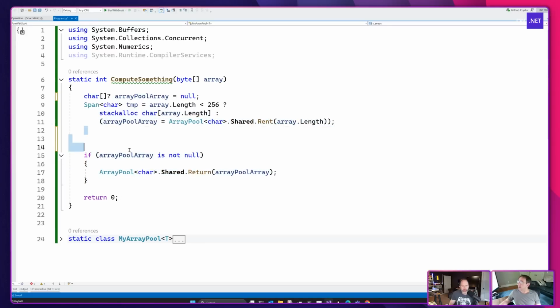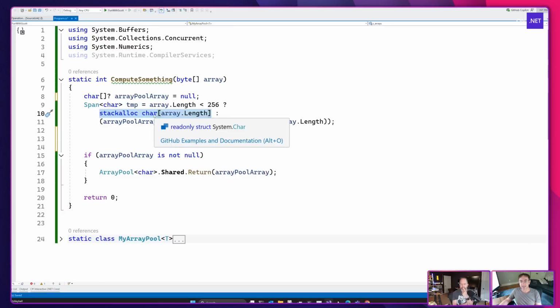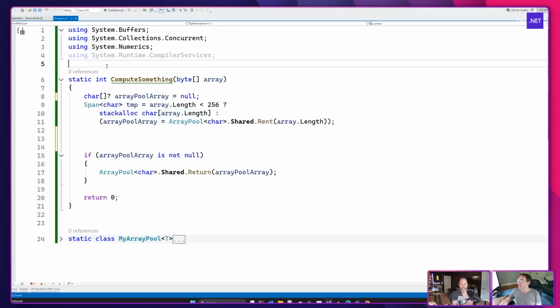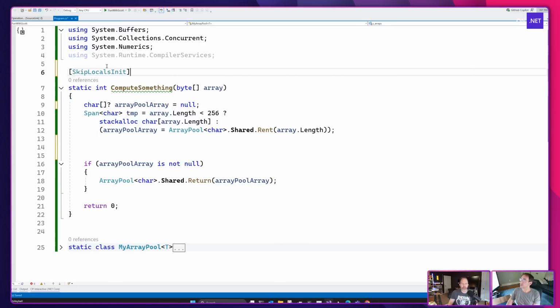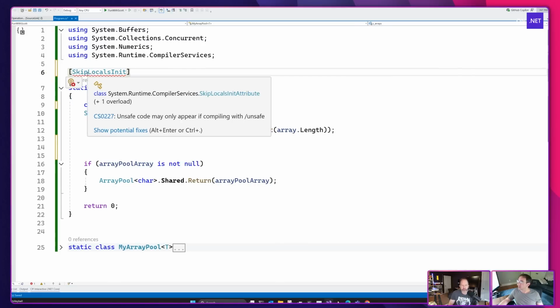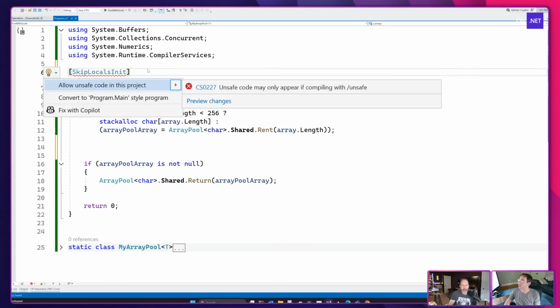And now in here, I can use the span, whether or not it came from the stack or came from the array, and I just operate on that span regardless of where it came from, which again is one of the beauties of span, it unifies things like stack allocation and arrays. I mentioned that this stackalloc is basically free, and again, we're kind of getting off into the weeds. That's especially true if I were to put this attribute on this method, which requires me